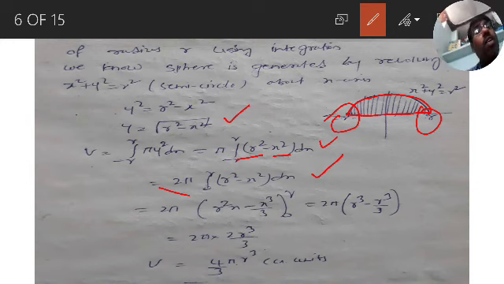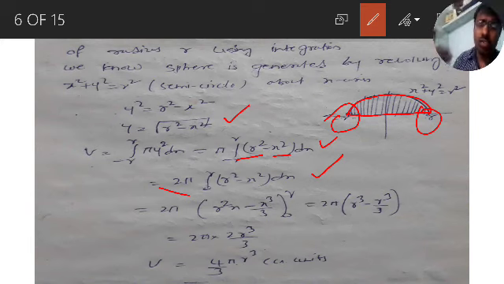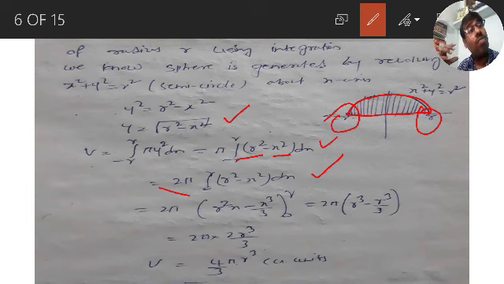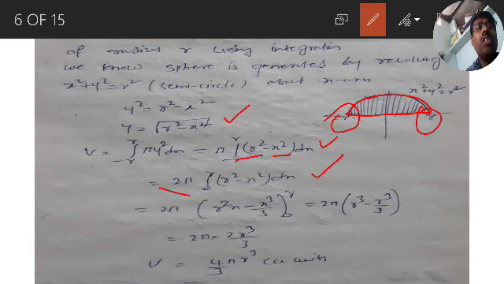Are you getting, guys? So what am I using here? It is an even function, and the integration is from minus r to r. That is integration minus a to a f of x dx, where f of x is an even function. Then we can write it as 2 times integration 0 to a f of x dx. So instead of minus r to r, you can write 0 to r. Integration 0 to r, 2 pi into integration 0 to r of r square minus x square dx.